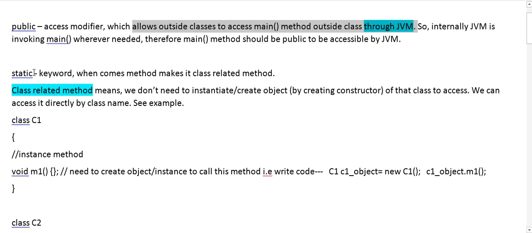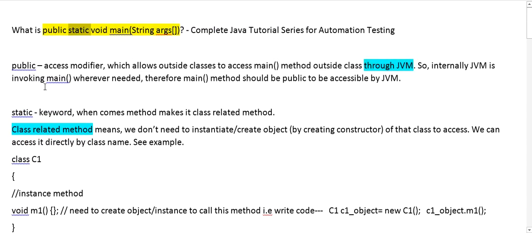Okay, so what do you mean by static here? Static is a keyword. When we make a method static, it means that it will be a class related method. What do you mean by class related method?